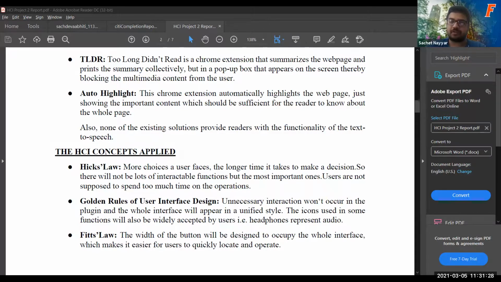That was the main concern that we were trying to address. Additionally, some people presented that out of our focus group, only a couple had tried existing solutions for these, like summarization. The two popular apps were TLDR and Auto Highlight. And then our users provided feedback on what they found was not particularly great about them.